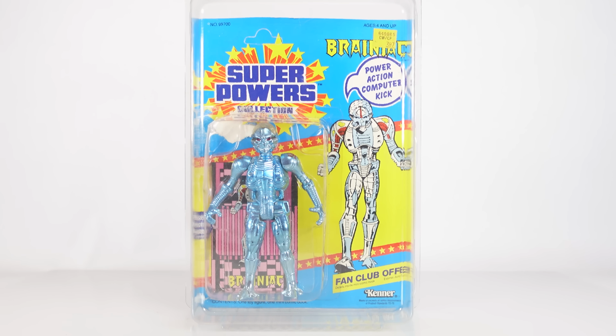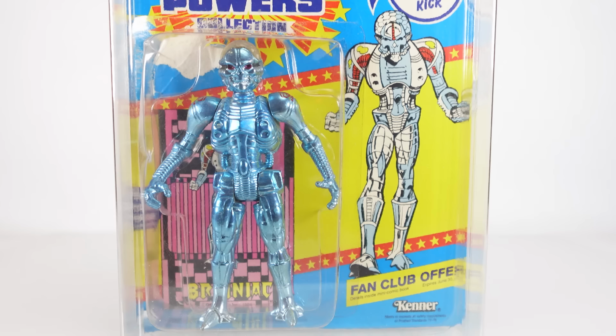And upon further inspection after I left, I realized that the blister bubble is only slightly peeled away from the card back, just good enough so that they got the figure out of it, whoever had this, probably as a kid. And the inner tray was even still in there. So I managed to squeeze the figure back into the blister bubble,